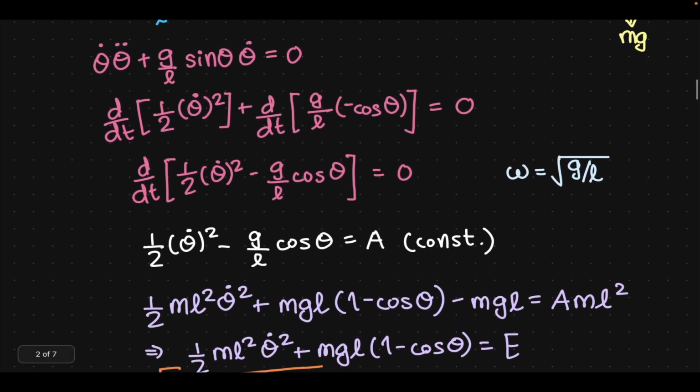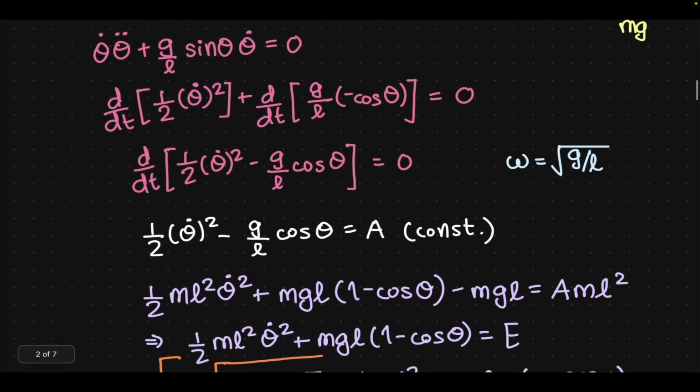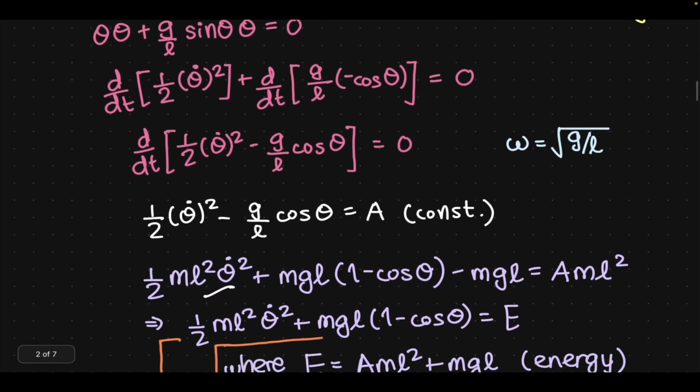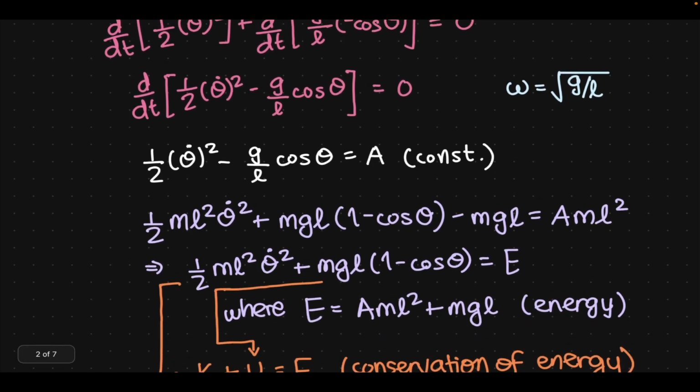If we just multiply by ml squared again, the factor that we cancelled initially, 1/2 ml squared plus mgl(1 minus cos theta). So I'm actually adding and subtracting an mgl here, adding it here and grouping it with the cosine, and then subtracting it here equals a ml squared. Now if I group all this, 1/2 ml squared theta dot squared plus mgl(1 minus cos theta) equals E,